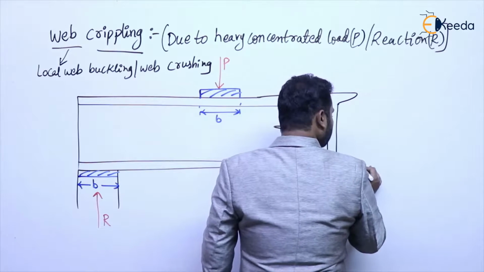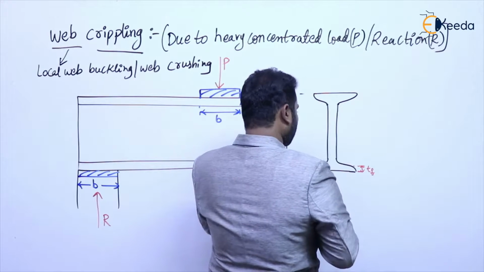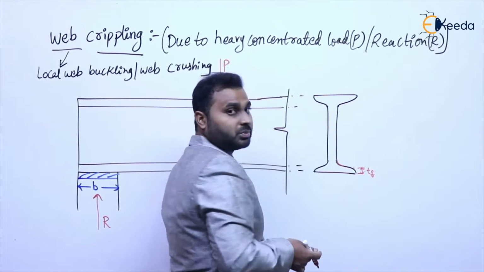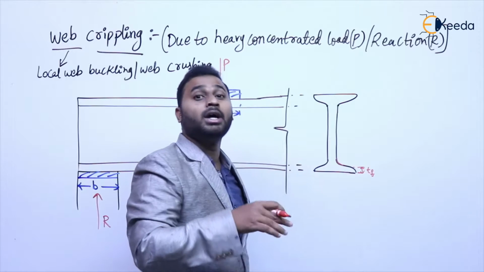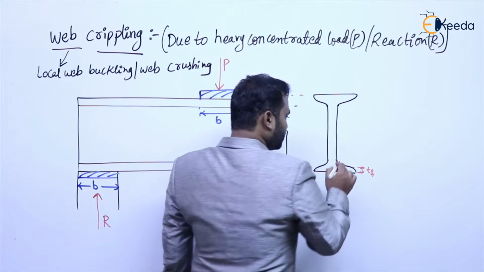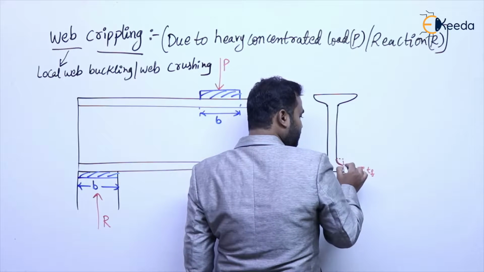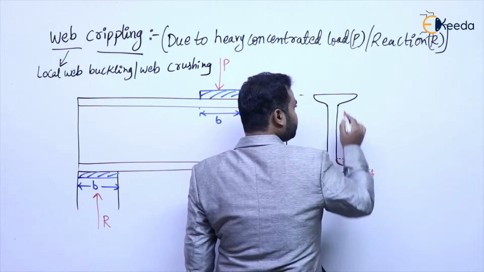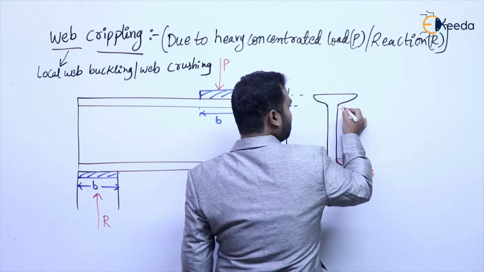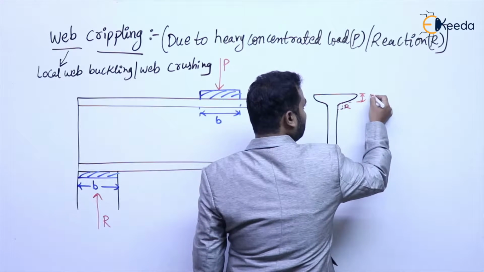we know that this is the thickness of the flange. Here curvature is present, meaning at the junction of the flange and web, the area of the I section increases, which is known as the fillet. That fillet has some curvature, and the radius of that curvature is known as the root radius R. The same way at the top also. TF.